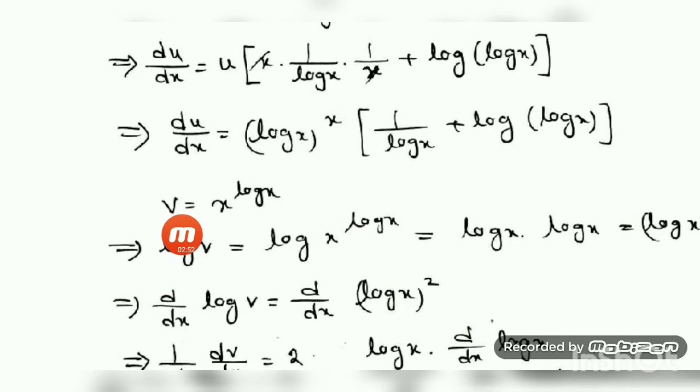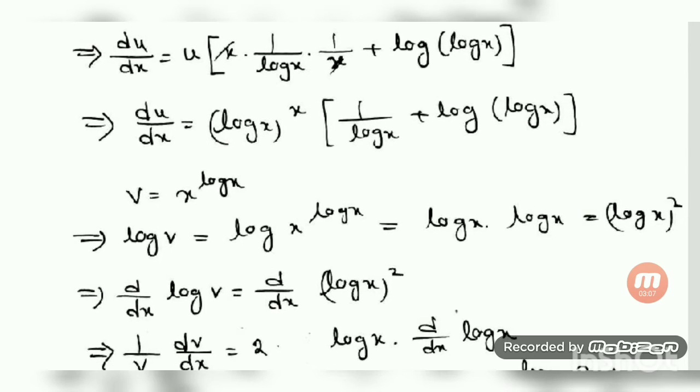Now I am going to v and take differentiation for v. For differentiation we take log on both sides. Log of v is equal to log of x to the power log x. Power is log x, so log x will come as a product, log x into log x. And log x into log x can be written as (log x) whole square. If I write it as (log x) whole square, I can use the x square formula, or without considering this way, if I keep it as log x into log x, we can use the product rule. In both ways we can do the solution.